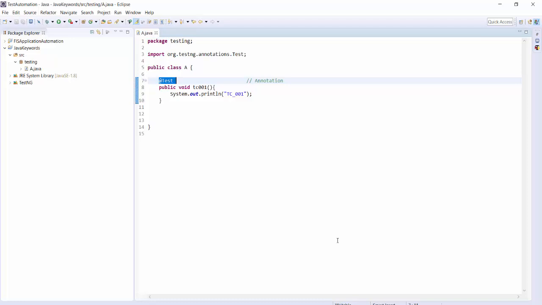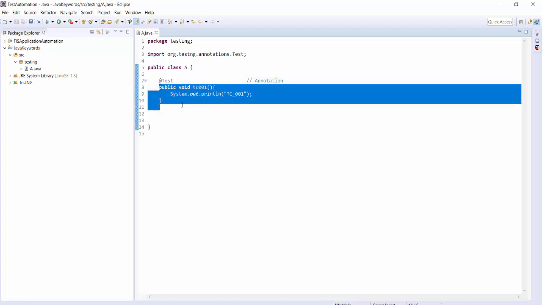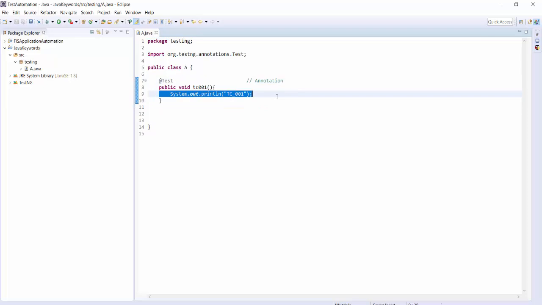Okay, there might be some code which you want to execute as a prerequisite of the test case. Means in this method I'm going to write a test case like enter username, enter password, click on sign in button, or you are going to write a registration test case. But before executing the test case, you want your browser to be started and your URL to be in the browser. That is not a test case, that is a prerequisite of the test case, means that code I want to execute before the test case.